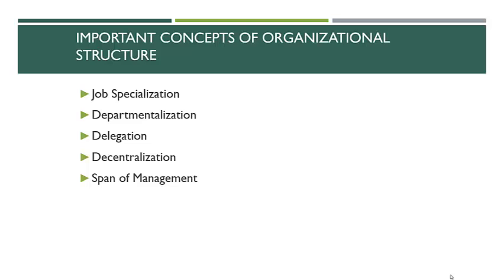And then finally, span of management. This is another organizational structure that you need to be aware of and how it works in your system. I've seen this called span of control. And what this means is the number of people who report to you. And typically what we like to see is this number around 6 to 12 people. We typically don't like it to go over 12 people.